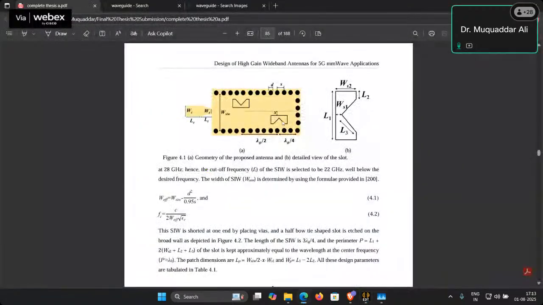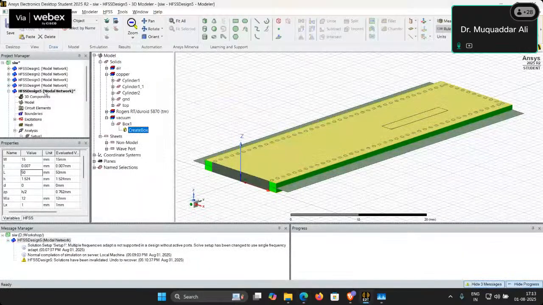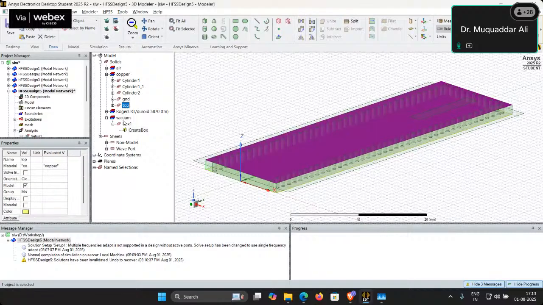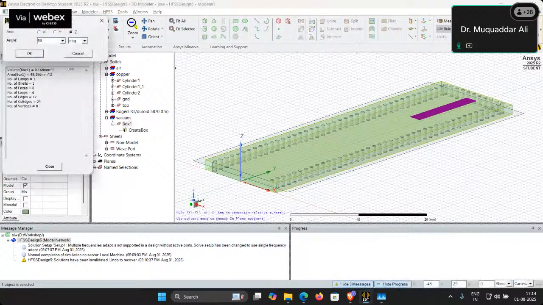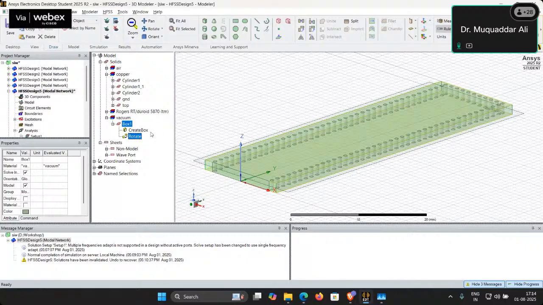Okay, so now what we can set this. The spacing between this edge and this point is lambda g by 4. So lambda g by 4 is L slot by 2 plus some space. So we have this lambda g by 4. So we set it this lambda g by 4 to 2 mm. Now it is okay. Now before we start, we subtract this slot from here. What we can do, we can have some rotation in this slot, and let us give it a rotation. Okay, sorry, rotation we will consider later. So now